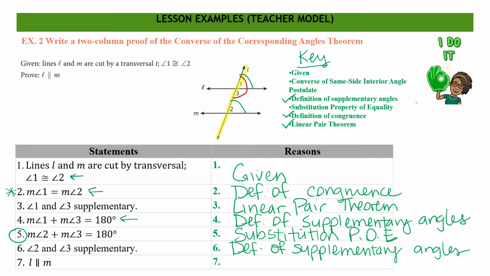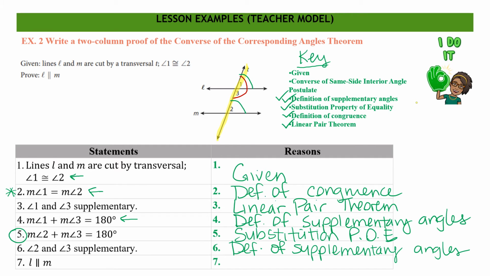So as you can see, oh, I forgot to check off substitution. And as you can see, we use the definition of supplementary angles again. And then lastly, statement 7 tells me that because I was able to prove that two angles from both lines L and M had some type of relationship, I can now state that lines L and M are parallel. But the reason being, if I look at angles 2 and 3, so let's highlight that, use a